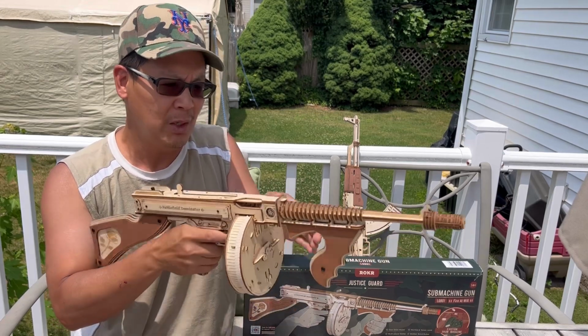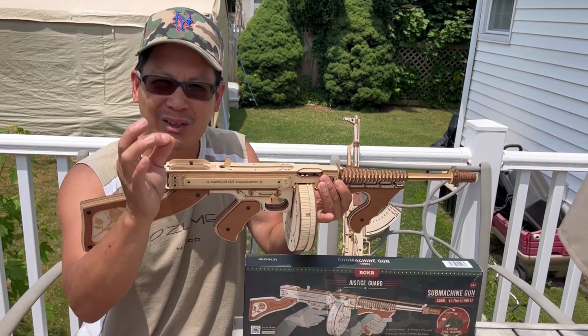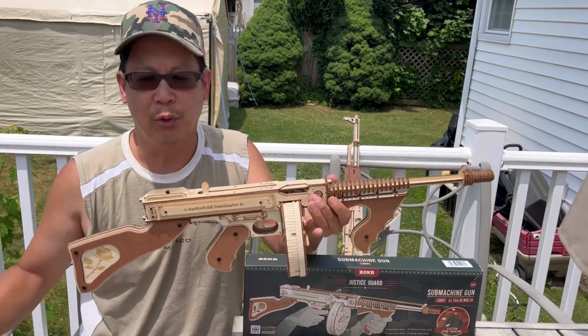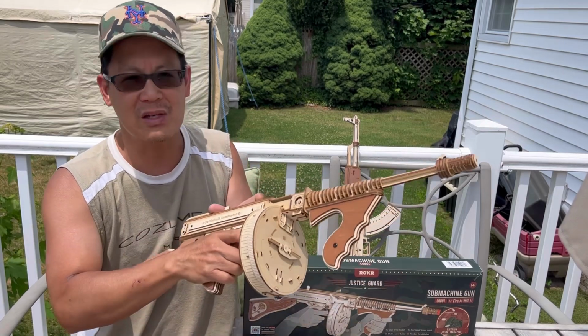or I did lose a piece, because while I was making this, out of a jerk, I knocked the entire tray of the springs and the little tiny screws and the... Anyway, so it was all over the floor. I don't know. I might have lost it. I'm not going to shoot it with rubber bands anyway, but I know it's not going to work